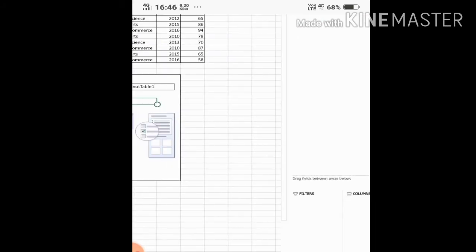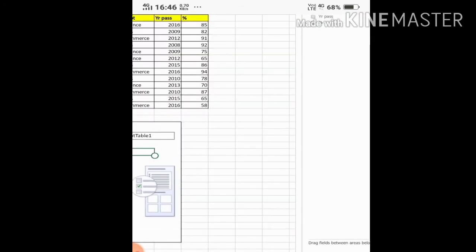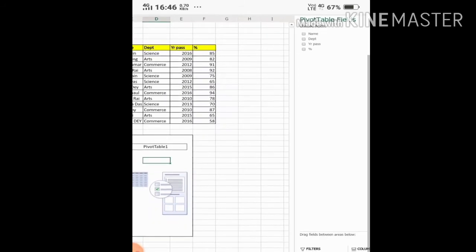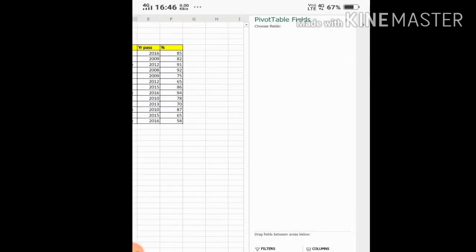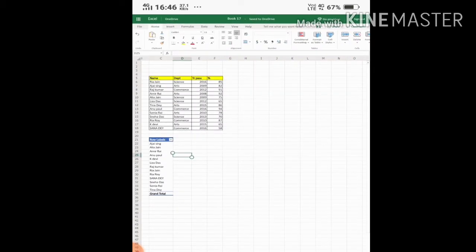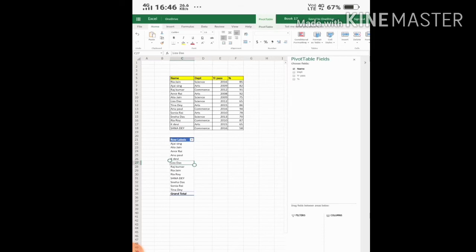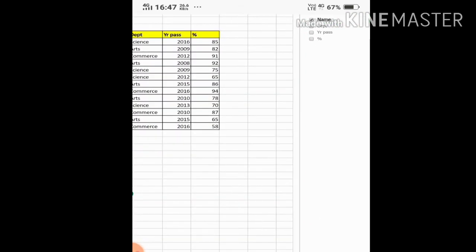Say I am giving one example here. I want the data of the name of the student and their department. So for this you have to click on name. And then you have to click on department also.